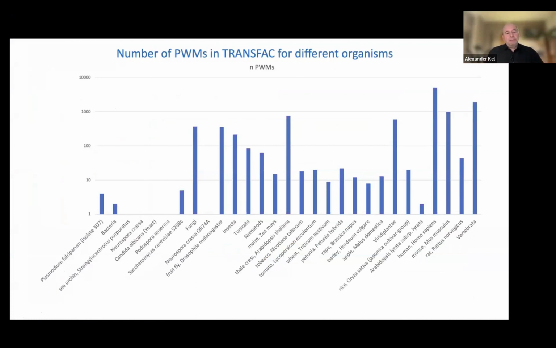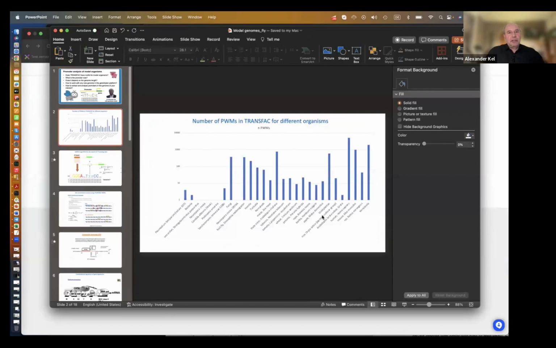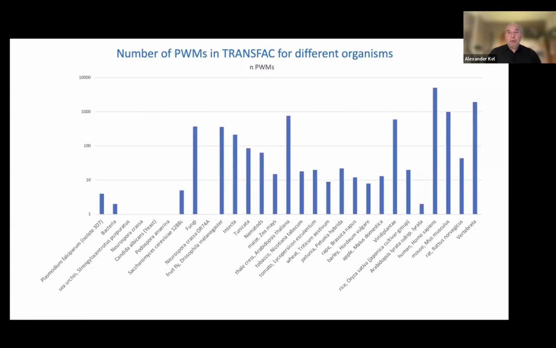of view of how many different transcription factors. The very important part of TRANSFAC are these positional weight matrices, as we call them. These are motifs, which can be used in a special format. We'll talk about it a little bit today, and they are going to be used to find transcription factor binding sites in different genomes. And we're collecting matrices in TRANSFAC from various genomes, and of course the biggest collection is from vertebrates, for different species of vertebrates, and of course our focus is on human, mouse, and rat, and that's the most important